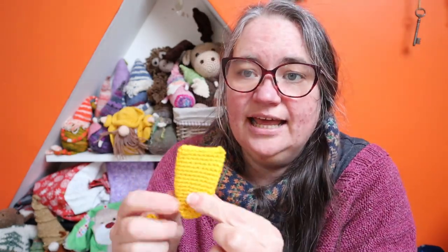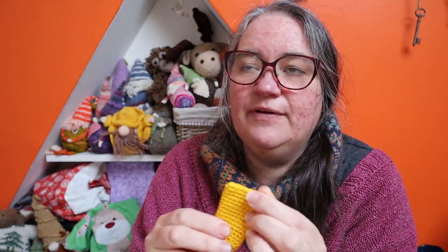And actually I did last night, you might have seen a little clip of me crocheting because I started work on the flippers, and unfortunately it became very apparent quite quickly that my little ball of yellow cotton, although the perfect colour, would not be quite enough to make 2. And I don't want to break into another ball of yarn just to make a couple of flippers, but I did have a little bit of the orange left from where I did his polka dot underpants. So I've decided just to make him a little bit quirky, and he's got 2 different colour flippers, which is absolutely fine. So I'm going to spend some time this afternoon sewing those on,